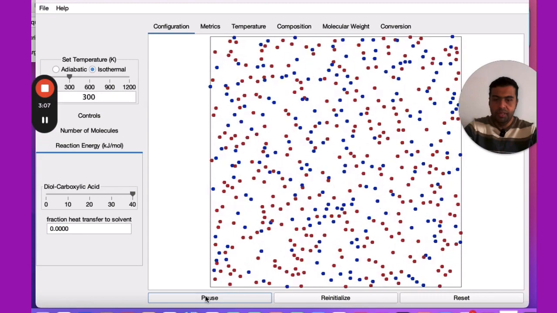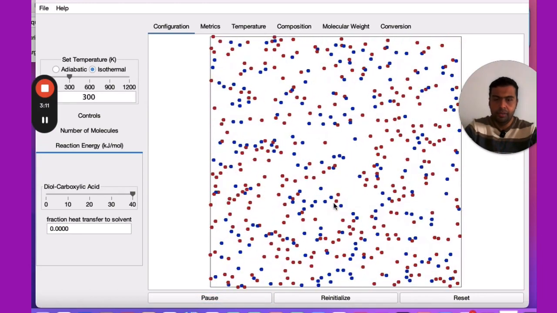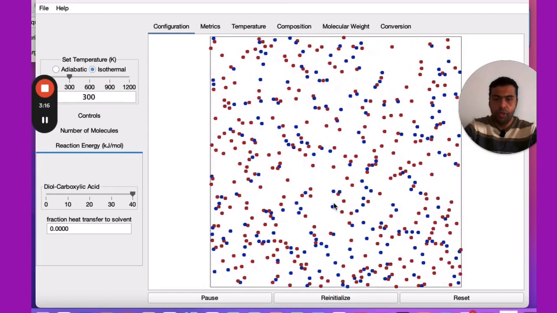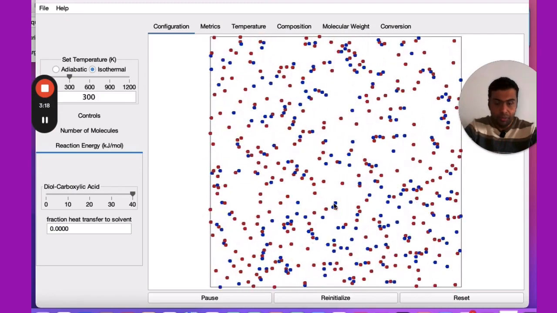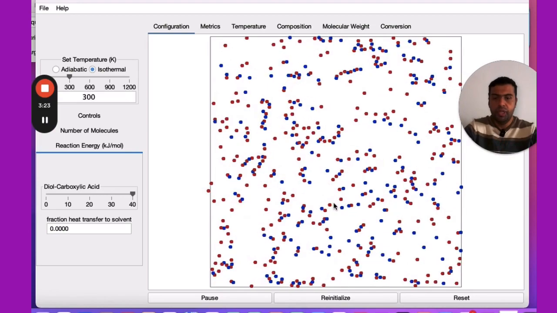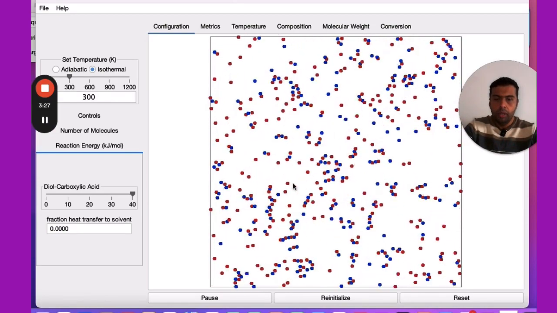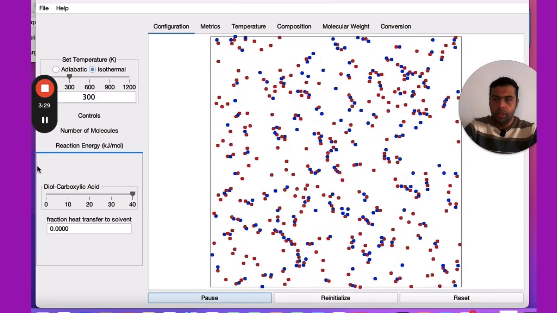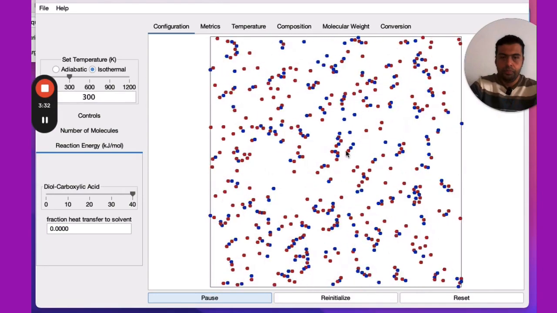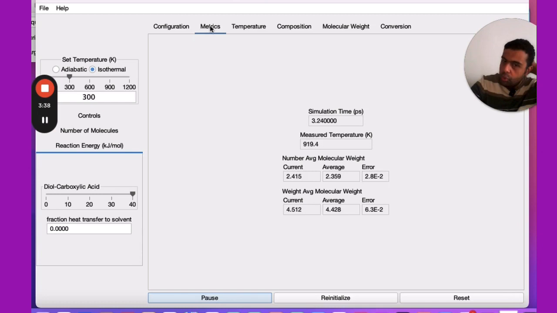As you can see here, the molecules start to bond to each other. And one thing that I need to highlight is that this simulation is not considering any chemistry. It's only considering the forces and the bonding between the molecules. You can see here they start to have the bonding. Let's see the matrix. This will show us